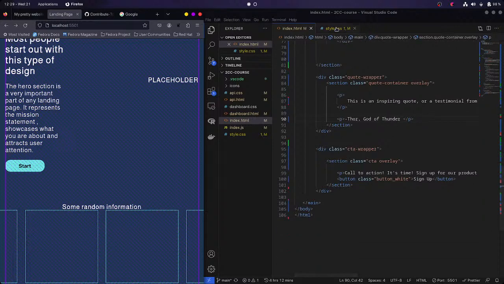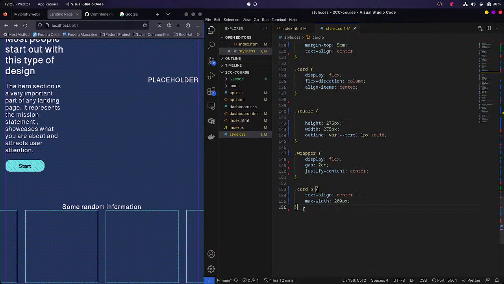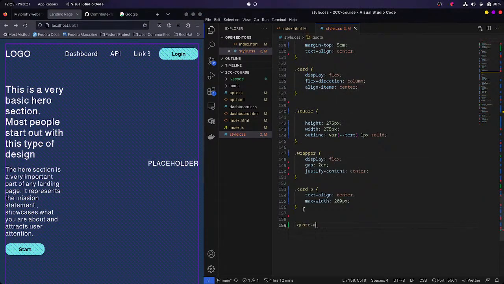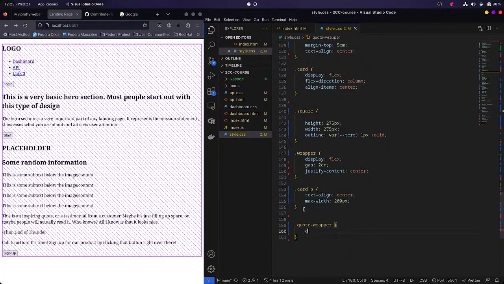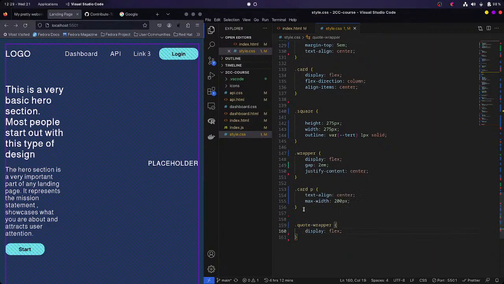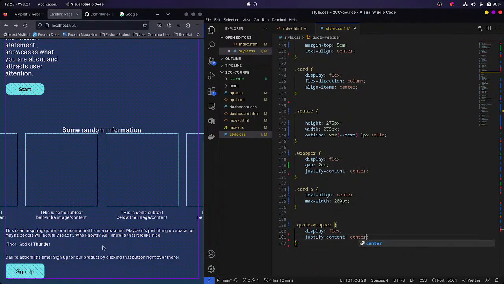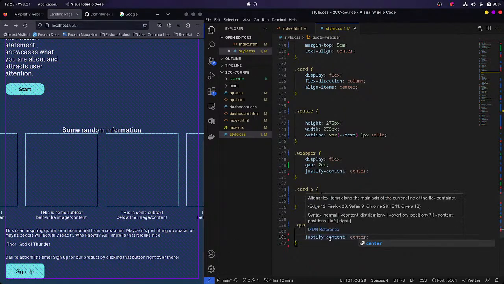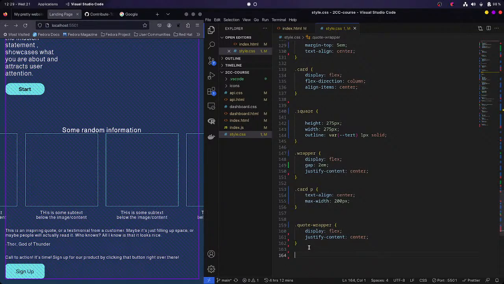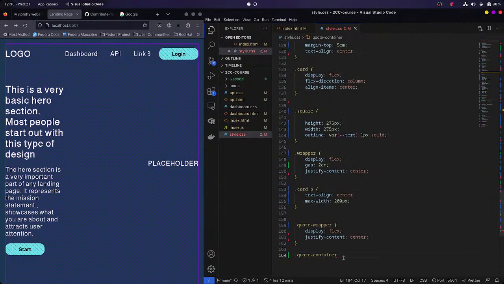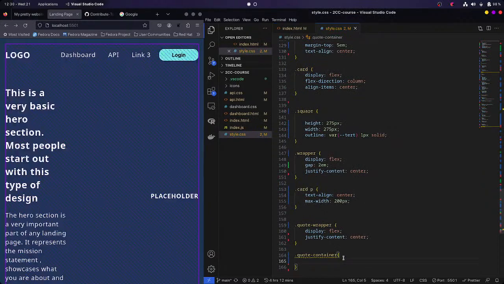quote wrapper. Let's do the quote wrapper. It will have a display of flex and a justify content of center because I want to align it to center. As you can see, it's at the center. Then inside it I have my quote container. I think I wrote it right. Yes, I do have a quote container,